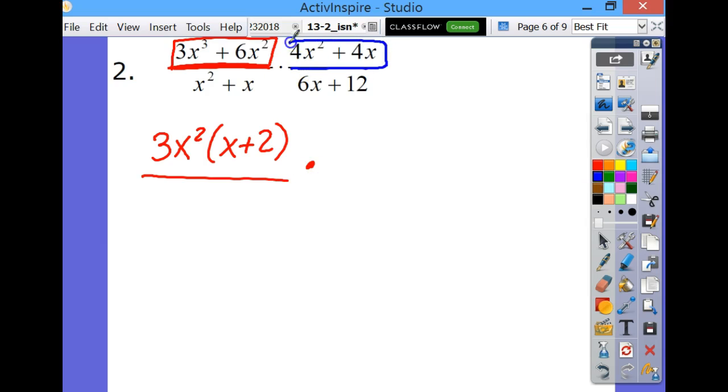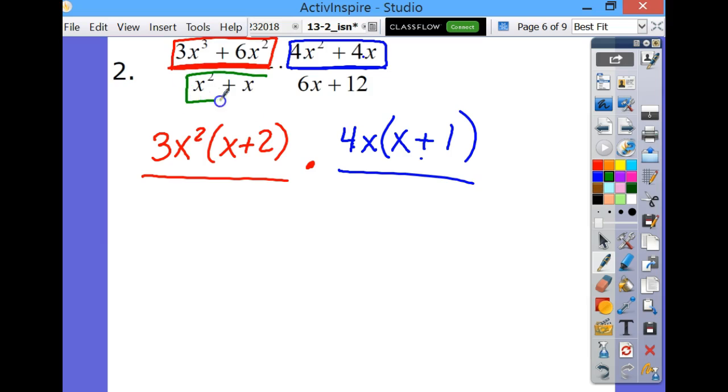What will factor out of this numerator? It's like a 4x. And so 4 divides into 4 one time. 4 divides into 4 one time. This is not just x. This is x plus 1. When you factor out a 4x, this is a 1 right here. Let's see. Our next term that we're going to look at right here, what factors out of that? x plus 1. x divides into x one time. What factors out of